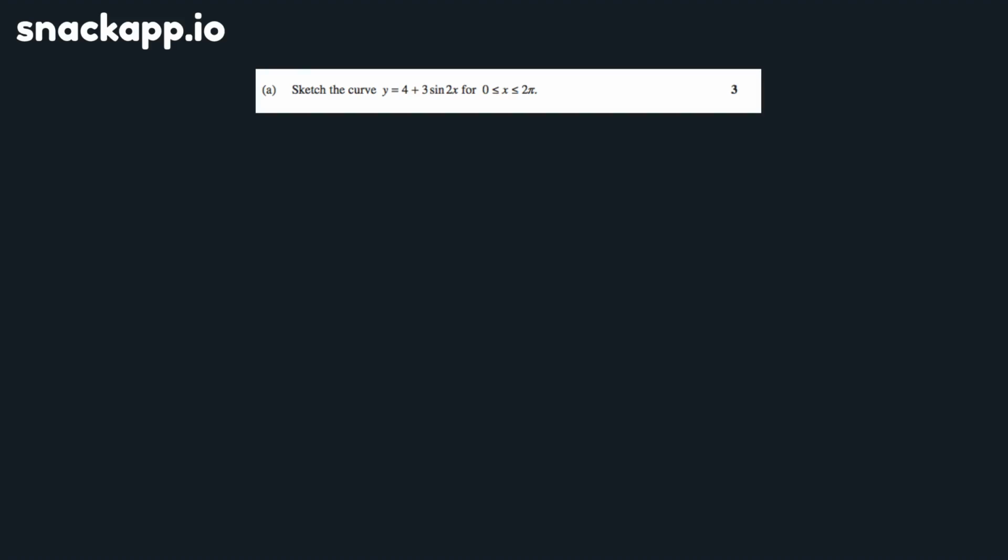This question gets us to sketch a trigonometric curve between 0 and 2 pi. So it's a sine curve, and we can see that it's shifted upwards by 4. Its amplitude is multiplied by 3, and this 2 means that its frequency is increased by a factor